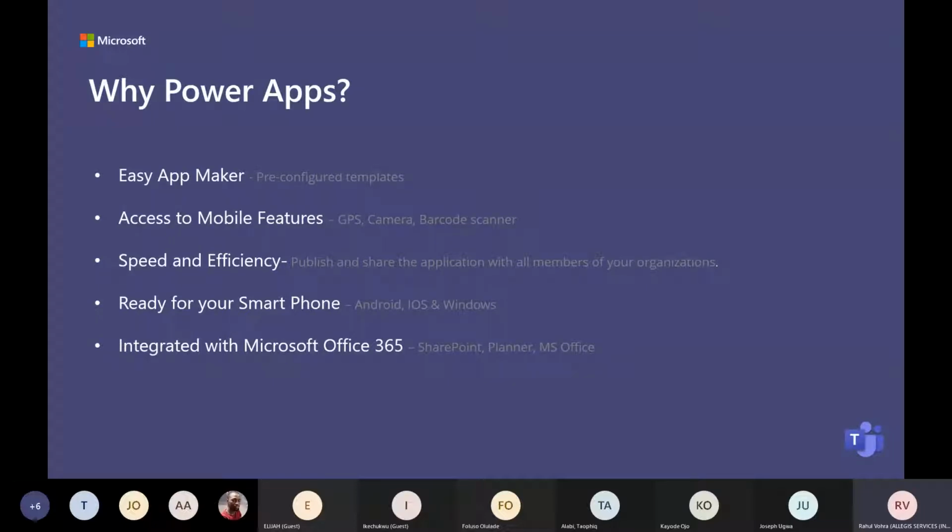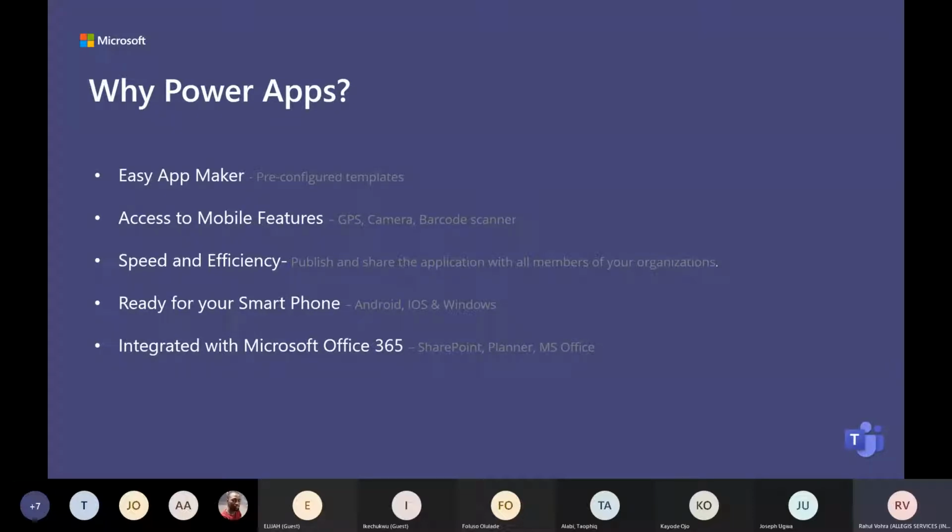Speed and efficiency: the overall software development lifecycle becomes very quick and easy, because you create an app, you publish or share it on the platform needed, and any changes which happen over a period of time get reflected very quickly without you having to get into any kind of lengthy deployments, etc. So it's click, wizard driven, and you get the job done.